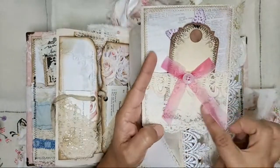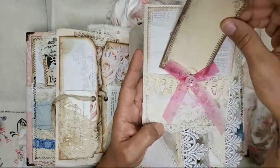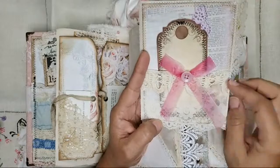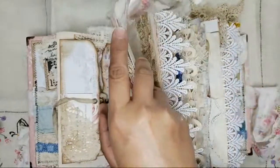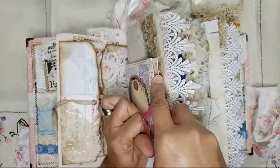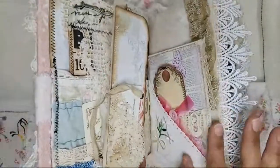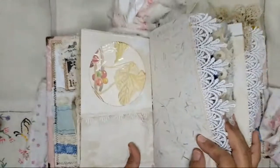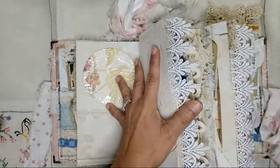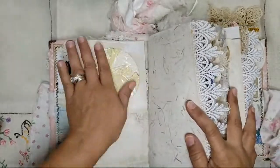So I added a fabric pocket there and some lace here and a little tag. Some lace. A lot of this lace is vintage, and that just goes into this handkerchief pocket there. And then here I just ruffled some fabric. Then here I have